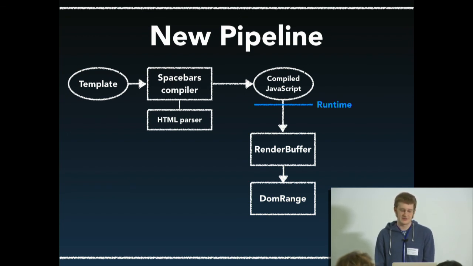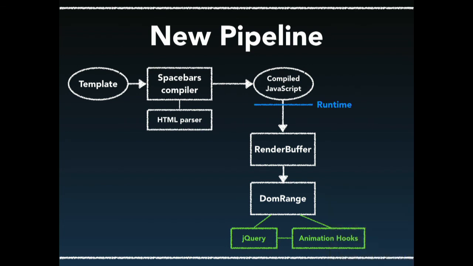And then when the compiled JavaScript goes to run on the client, it's calling into this new API that's the render buffer, and the render buffer uses this new thing called DOM range. And so here's a cool thing we can do. DOM range can talk to jQuery, and it can support animation hooks. And these are kind of bidirectional,